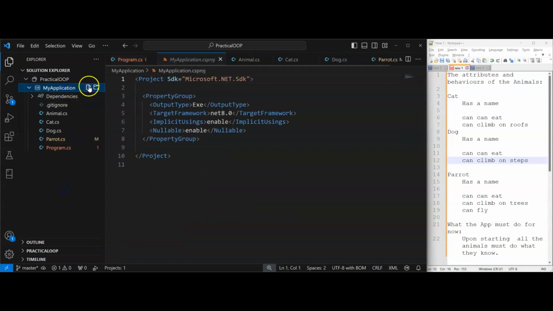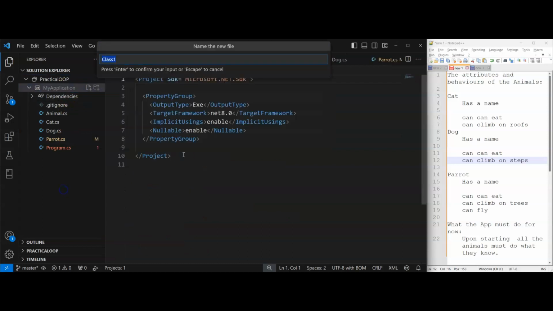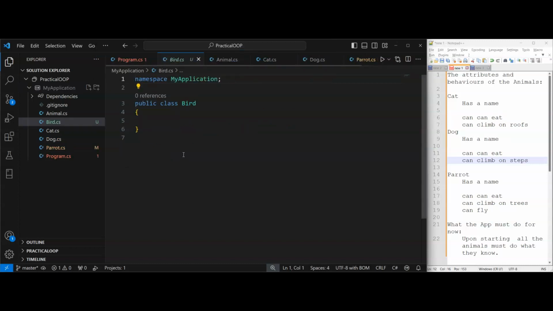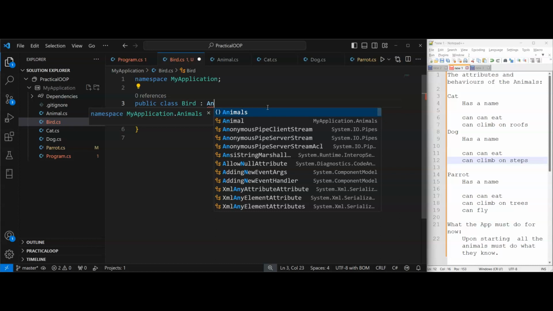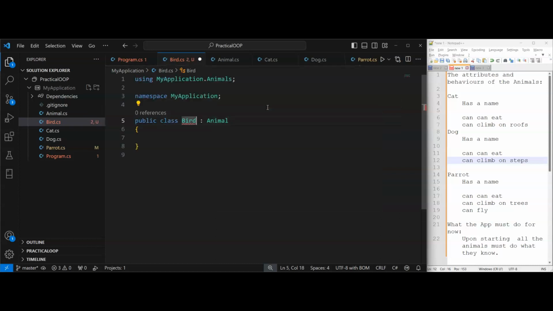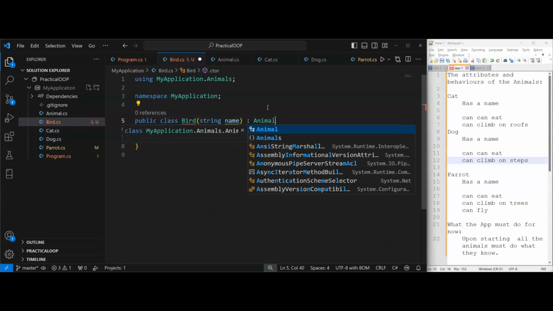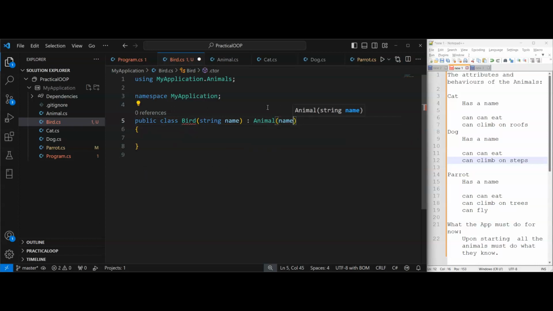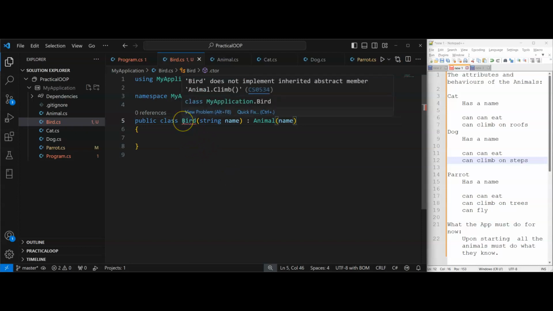Let's introduce one more class called bird, thereby modeling a real hierarchy wherein all birds inherit from animal. And we'll also have a constructor which is basically accepting the name of the bird, and we'll also pass that to the parent constructor. And obviously the error right now is because we are yet to provide an implementation for the